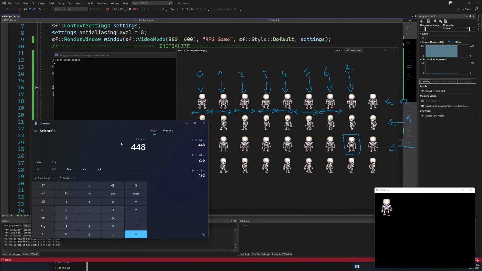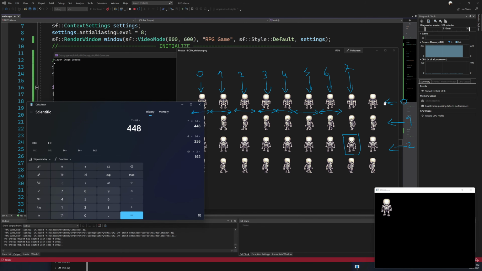Right? And if we do this, 0, 1, 2, so 2 by 64, you get 128. So the position of this is 7 by 64, which is 448.